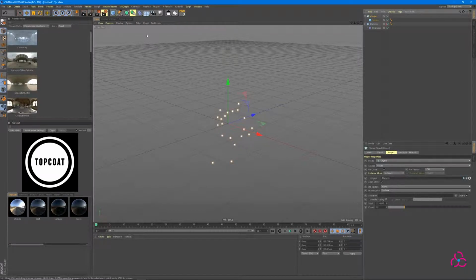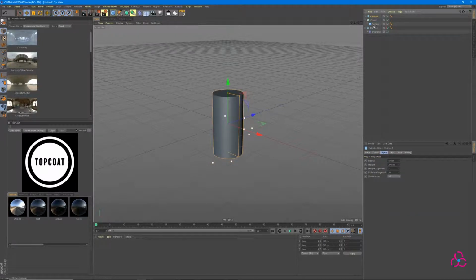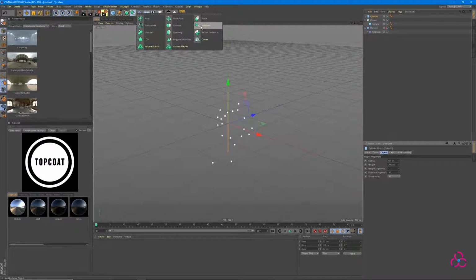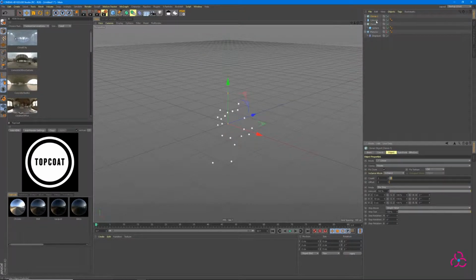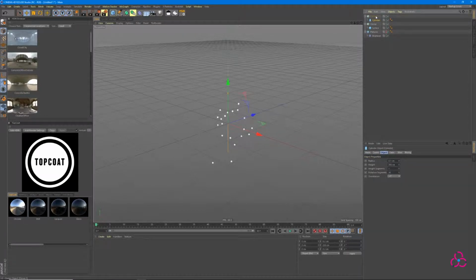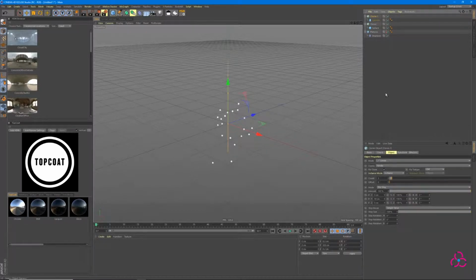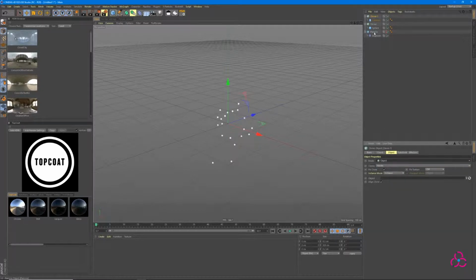We'll repeat this step again. We'll go back to add object. This time we choose a cylinder. Let's make the radius as thin as possible, so I'm choosing 0.1. Go back to add an instance object and choose cloner again. Drop cylinder as a child of cloner. Go back to cloner, change mode to object, drag the platonic under object,